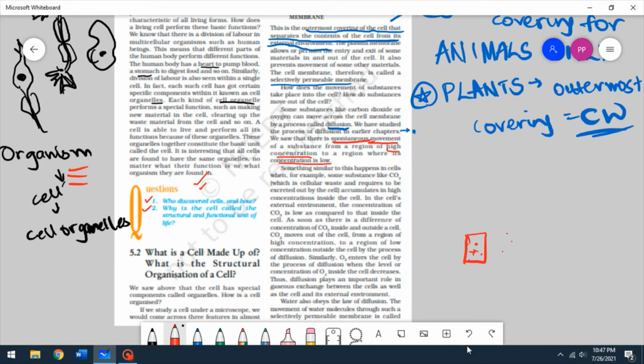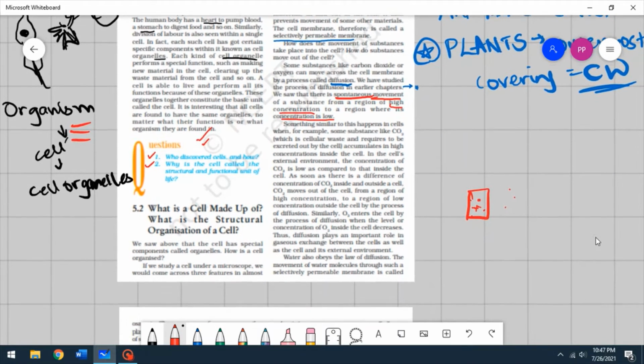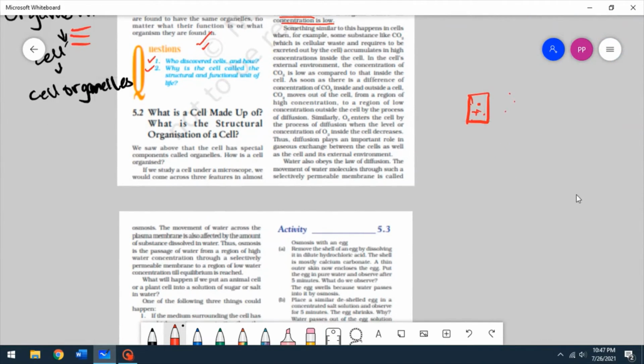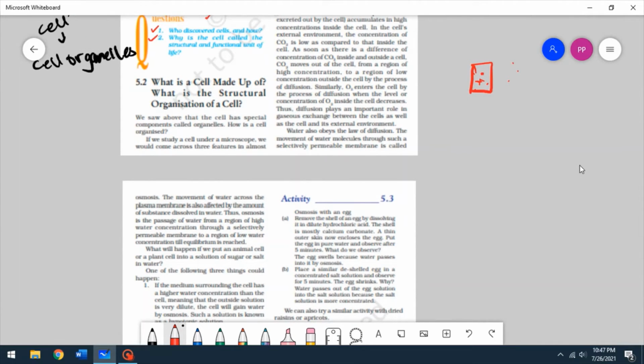Alright, and then similarly, oxygen enters the cell by the process of diffusion when the concentration of oxygen inside the cell decreases. That's when it enters the cell, because in the cell there is low concentration and outside the cell there would be higher concentration. So from higher concentration, which is outside the cell, to lower concentration, which is inside the cell,